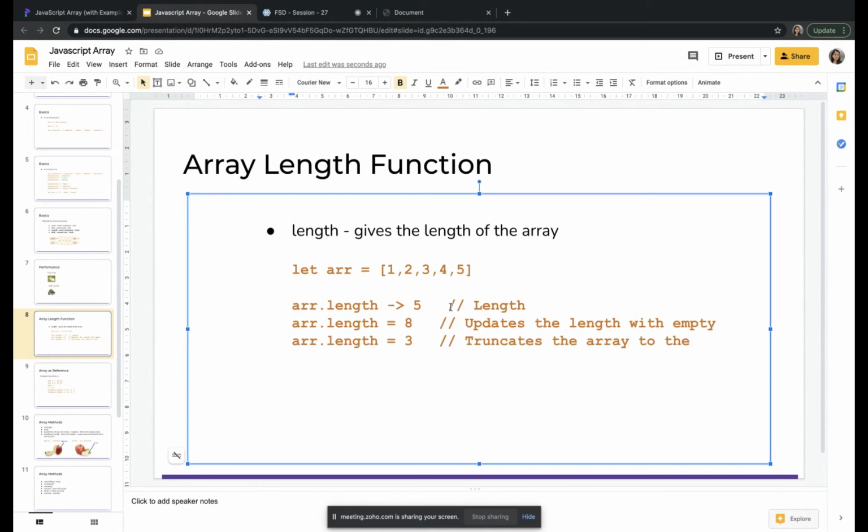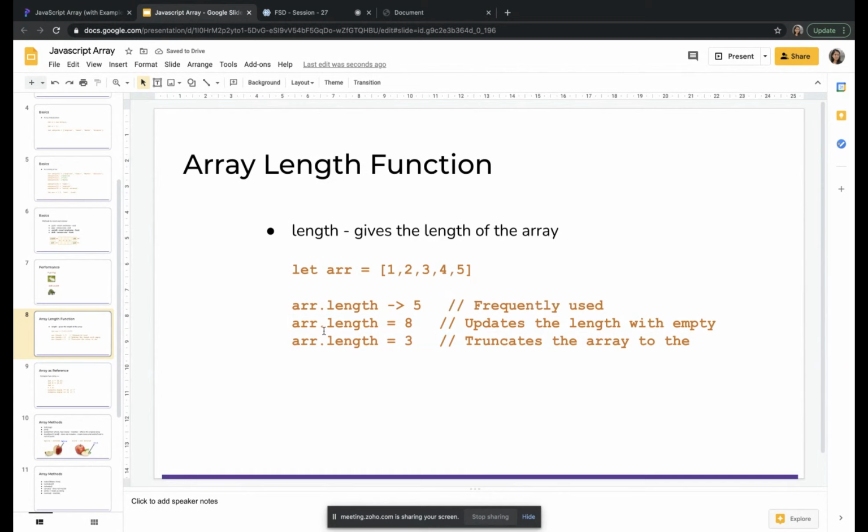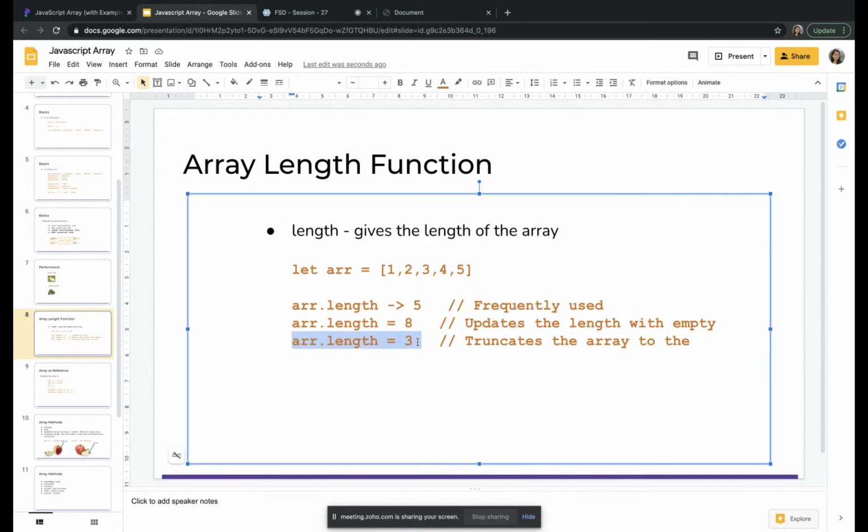Understood? Empty array length will be 0. So in these kinds of places, we will use length. Other things we won't use much, but still, first I'll see this.